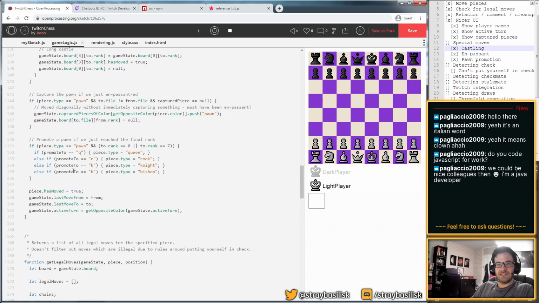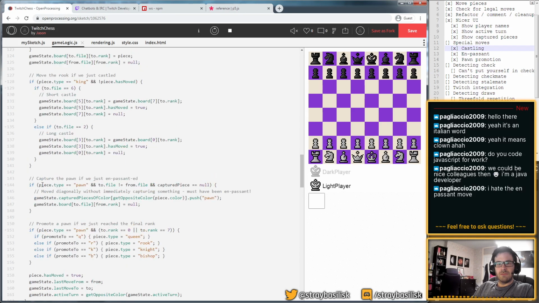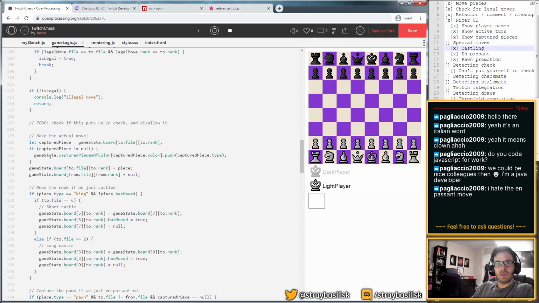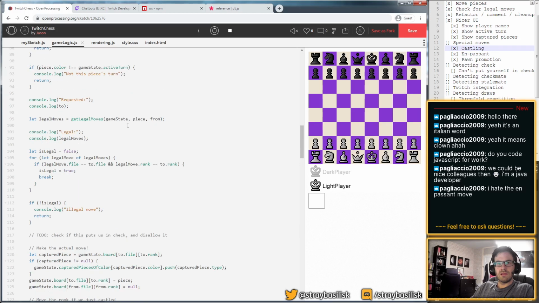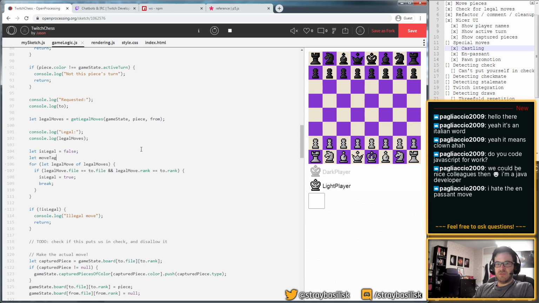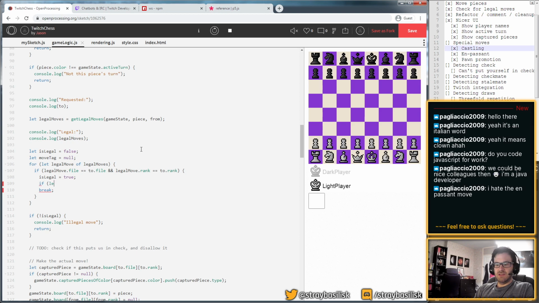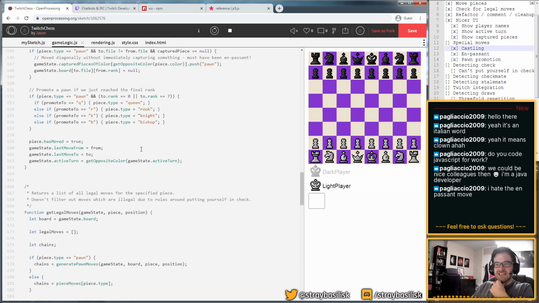Where is it? So where's the actual move? What I'm going to do, move tag is null, and then I'm going to say if... actually I need to propagate this tag somewhere else.